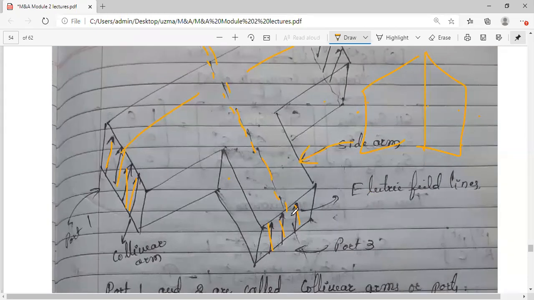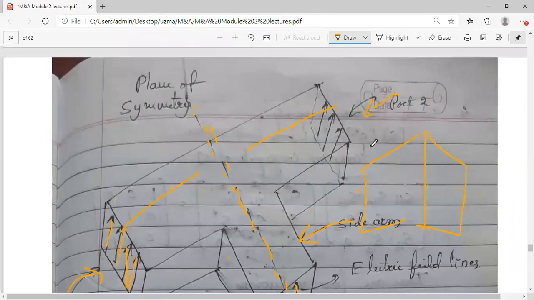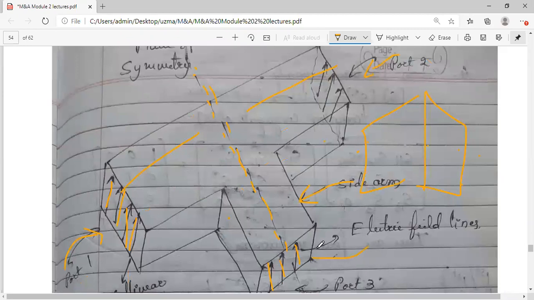How many ports are there? For each of these waveguide T's, there are 3 ports, either H plane or E plane. It is a 3-port device. This is your first port, second port, and this is your third port. The third port section, we call the side arm, because you are attaching it to the main line. So we are cutting a slot in the main line and attaching one side arm in that.